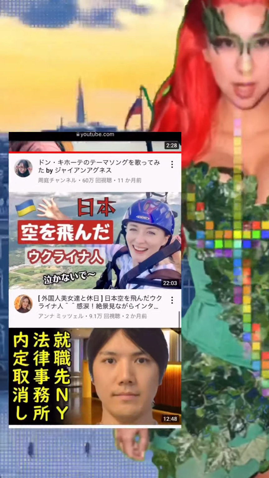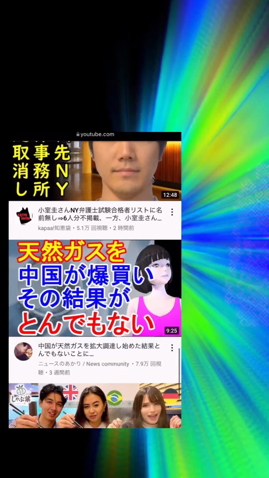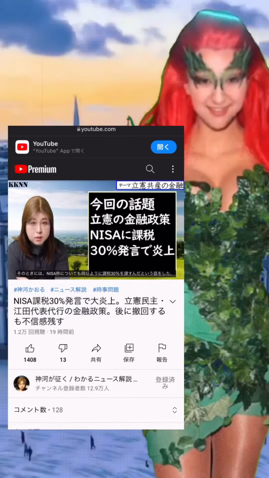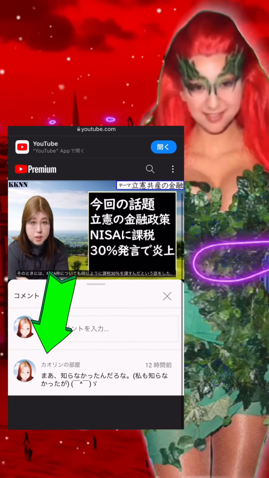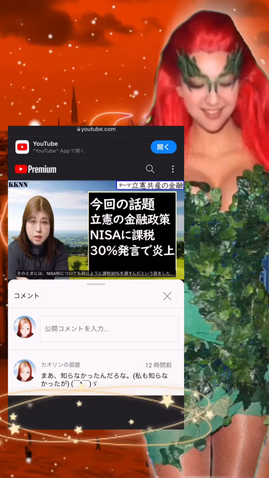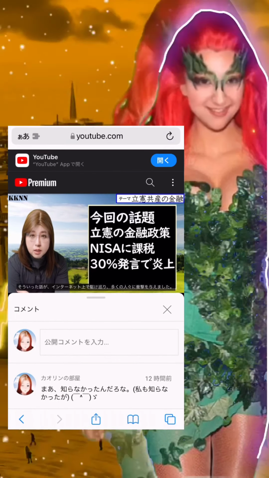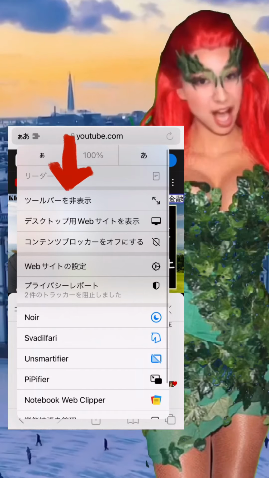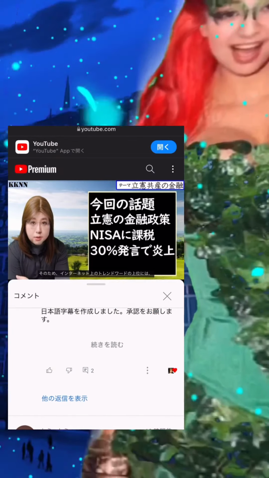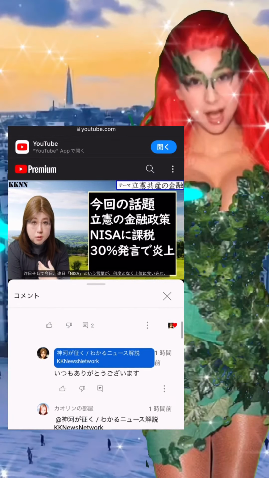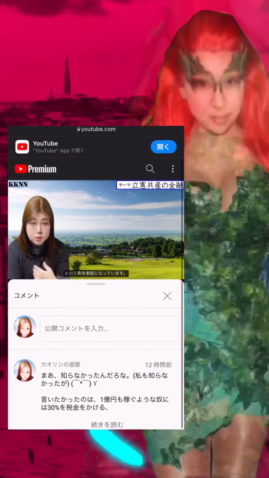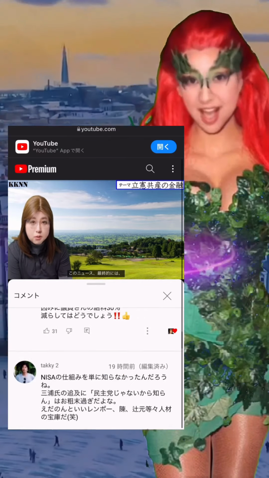I haven't stopped yet, so I have high expectations for Safari. However, there are still some points that are difficult to use. One of them is that when you look at the comments, it's very narrow. Moreover, a black band appears at the bottom, making the viewing area even narrower. I think this is a bug, but if you hide the toolbar, it disappears. But when I click on the address bar, go home, and then open YouTube again, it appears again.